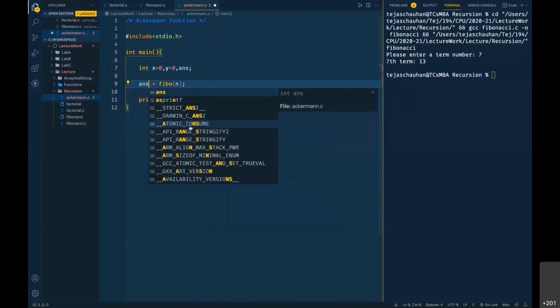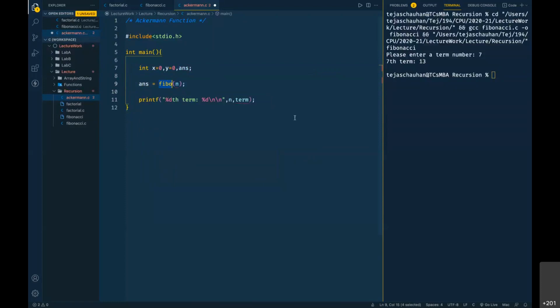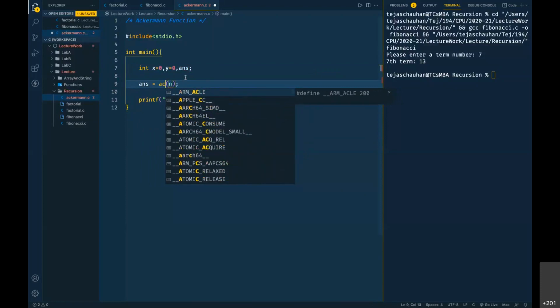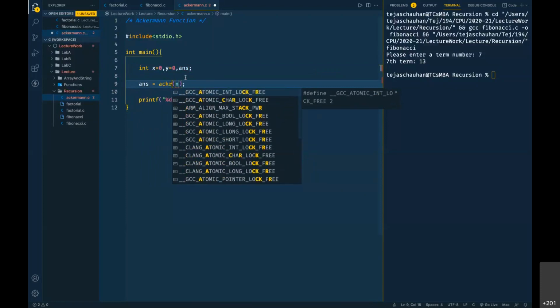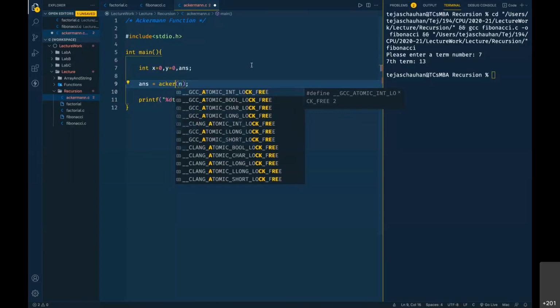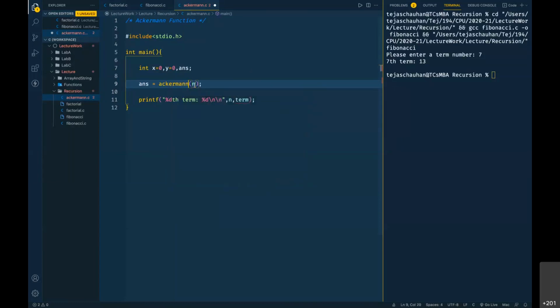So we'll calculate that answer based on the Ackermann function.